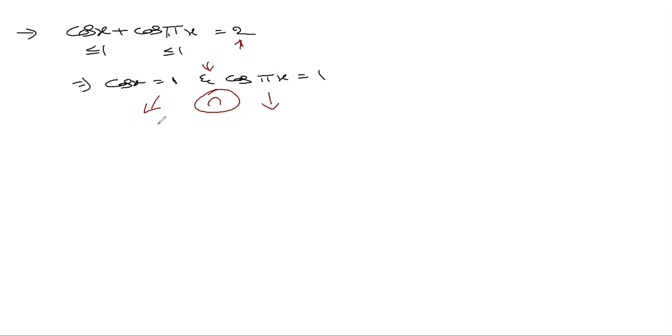So let us find the solution for this one and for this one, and find the intersection, because here "and" is present. So cos x is 1, then x will be even multiples of 180, that is 2k pi, k belongs to integers. What about here? Here also pi x will be even multiples of 180, 2n pi, n belongs to integers. So here pi we can cancel. For these two we need to identify the intersection.